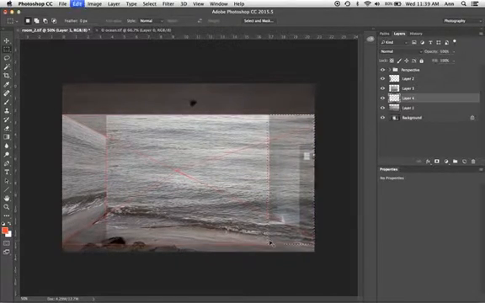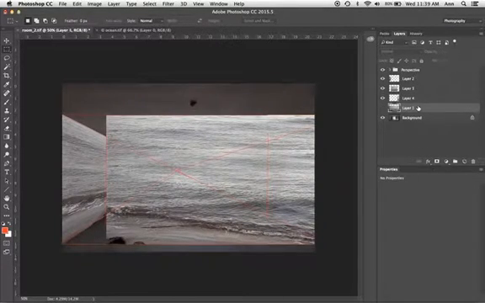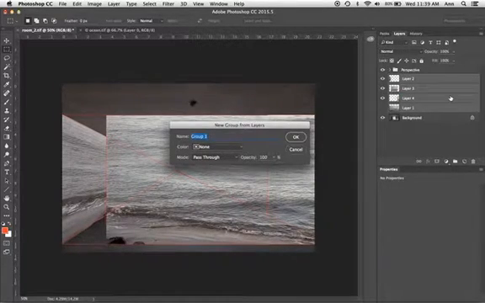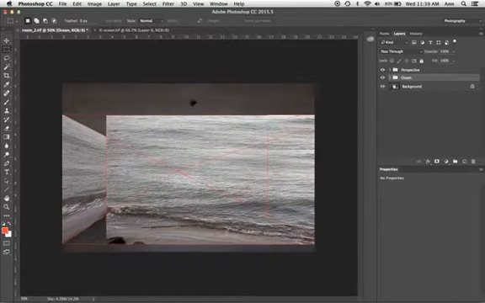So copy and paste. I'm going to make the background, the original layer, invisible. And I'm going to put it and all of the other ocean layers into a group, new group from layers, and call that ocean. I'm going to open that just so I can now go in.